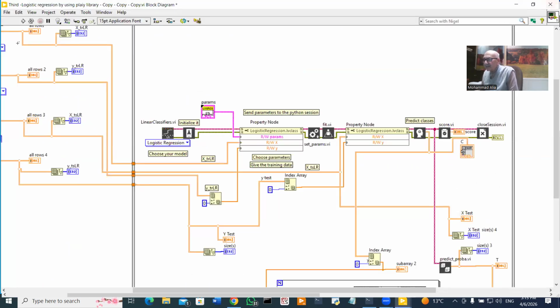So now what I have done, I have taken the two-dimensional arrays, X-train, I have fed it to a property node which supplies the data to the regressor, and the Y value,